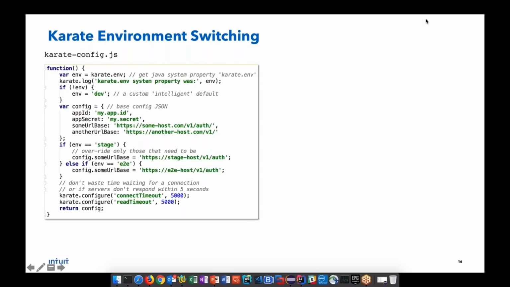Whenever a test starts, Karate would execute this snippet, which is expected on the class path. It's got a well-known name, karate-config.js, and this function is expected to return a JSON object. That's it, right? And what Karate is going to do is that every key in that JSON object will appear in every test as a variable. And once you get used to this, this is actually pretty powerful, simple,